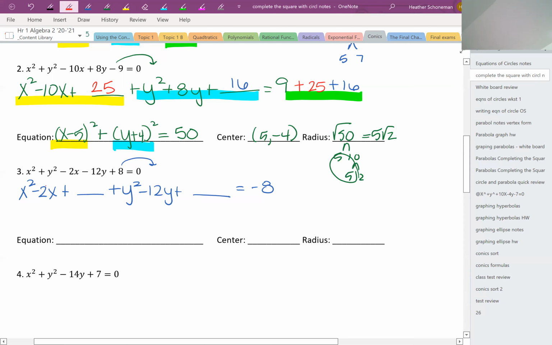Half of -2 is 1. 1 squared is 1. Put it on the other side to keep it balanced. Half of 12 is 6. 6 squared is 36. Don't forget to write it on the other side to keep it balanced. Fill in the